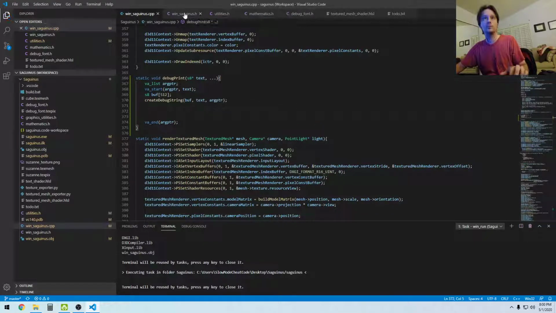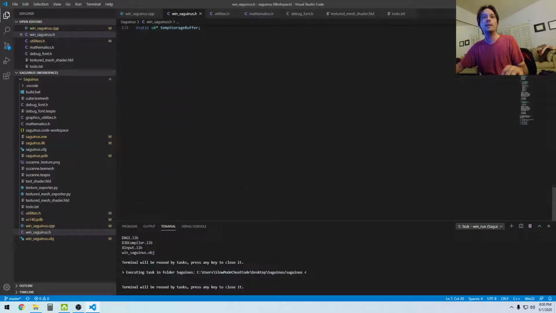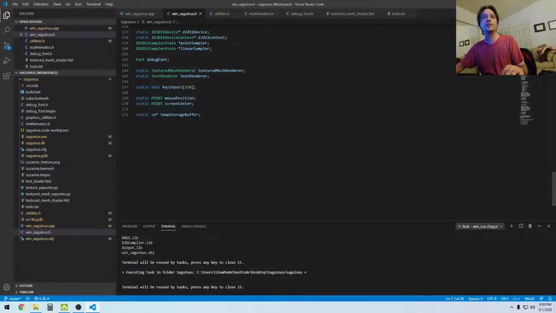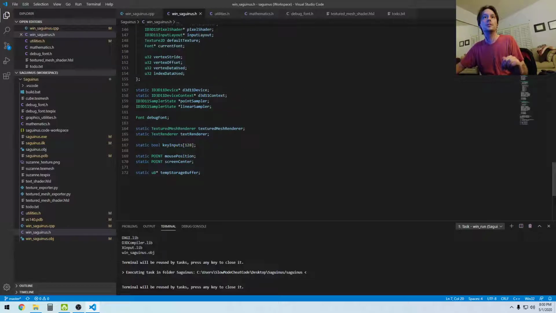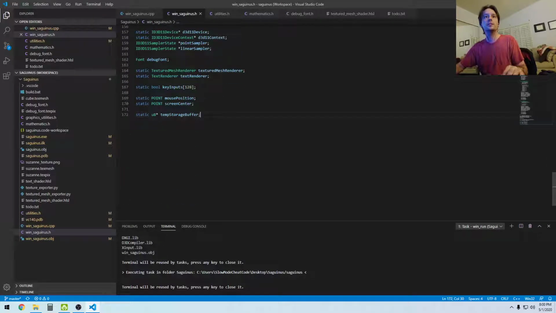So what I'm going to do is now come here and make a couple of variables to keep track of where things are. So I'll just put it here. This is all going to get cleaned up at some point. So I need F32. So I'll call this debug printer X. And then static F32 debug printer Y, static F32